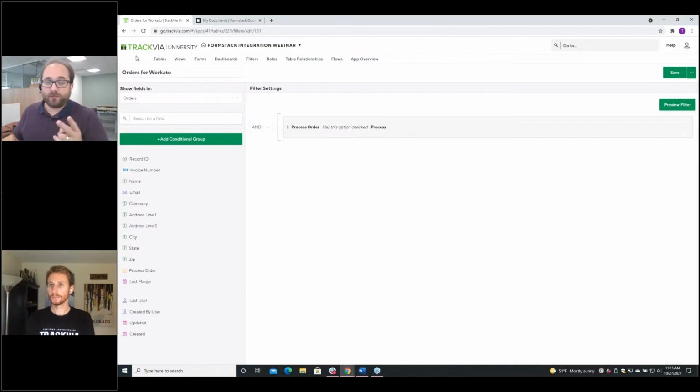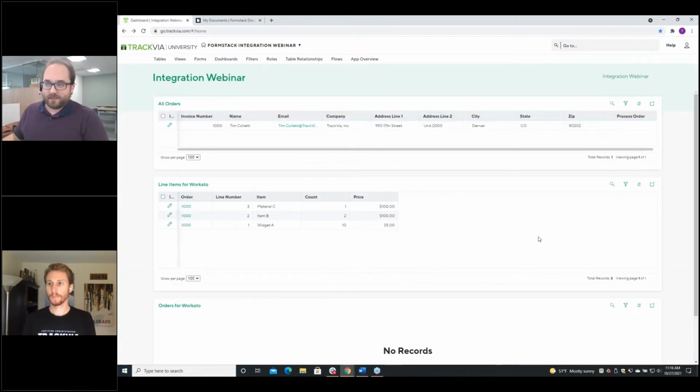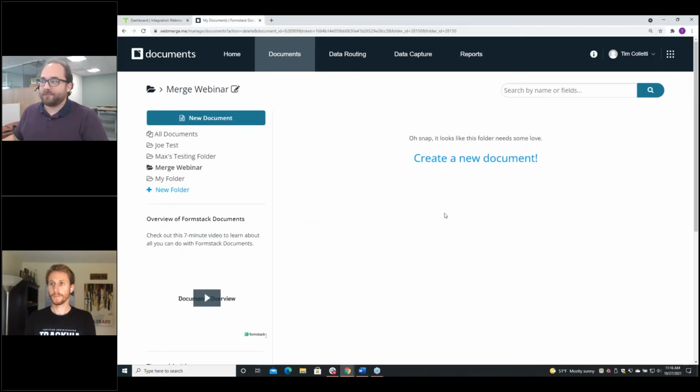So we have to do two things to make this work. First, we have to get Workato to do something as soon as it sees that checkbox, and then we also, at the end of the process, need Workato to come back and uncheck that checkbox so that this view doesn't fill up over time. We want it to just be a live view. And we'll do all those over the course of this. So basically, this is where we're starting, and then I'm going to head over to Formstack next.